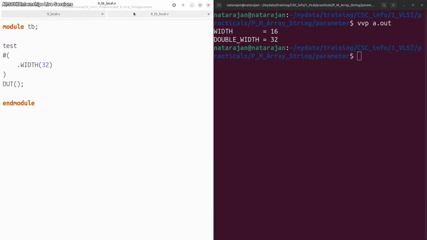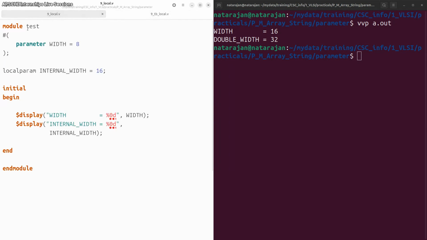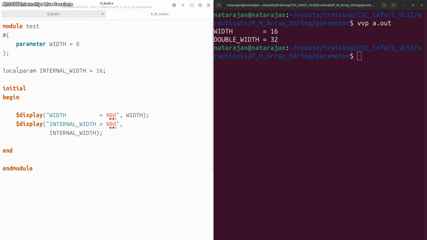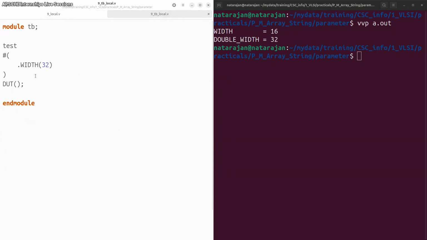So maybe I will try to go and change it. The module is test, the test module. Inside this local param, this is the internal width. Let me try to change it. Okay, so for the device under test, let me go and